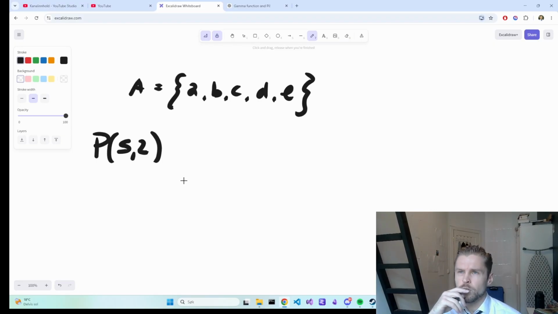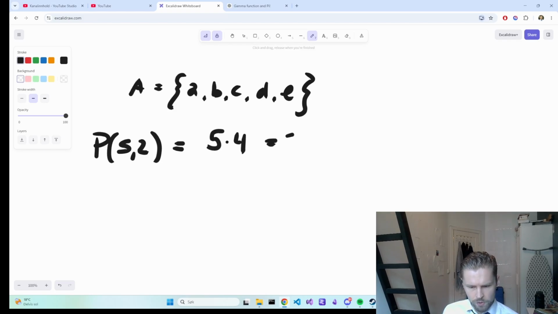P(5,2)? Wouldn't it be? This is permutations, baby. Shouldn't this be actually? Where's the 3? Wait a minute. Something's off. See, now we're getting into something that I don't quite. Maybe I haven't seen this because they're saying that this should be 5 times 4, which obviously is 20. But then for the permutations, wouldn't it be this? And then